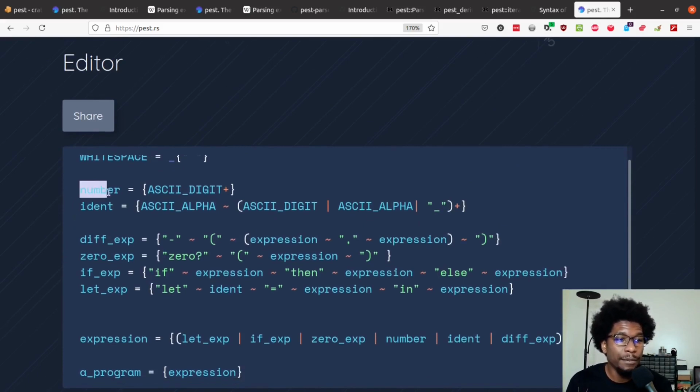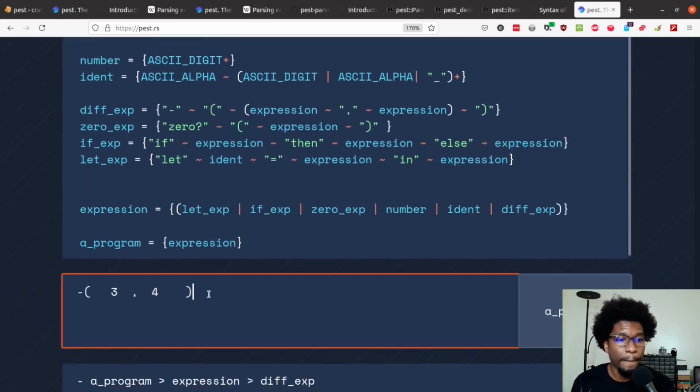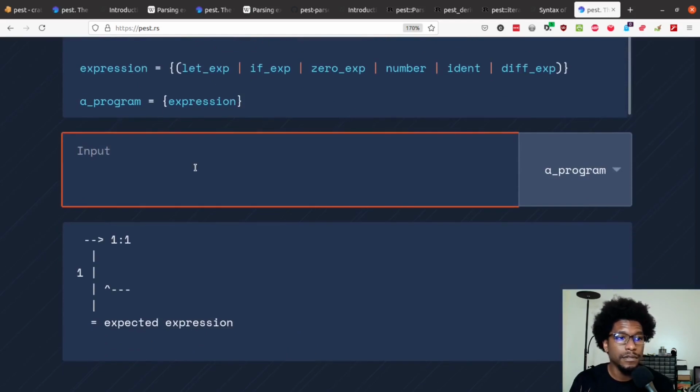So we have number. And here I'm using some of the default rules, which you can find when you start reading through the book. In the example, they implemented digit, but they didn't have to implement digit because that's implemented for you, and you could just use what they have. So for me, I used what they had, and then I added a plus to it, so 1 or more. And I can show you a number. Let's go with